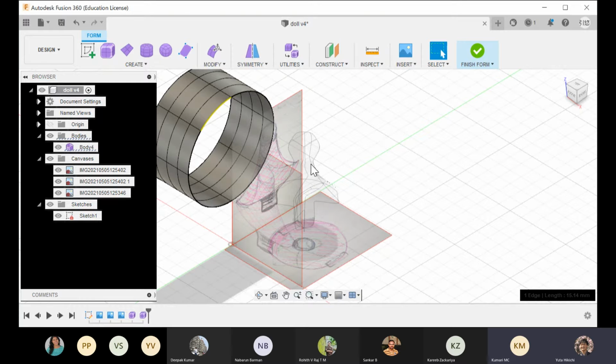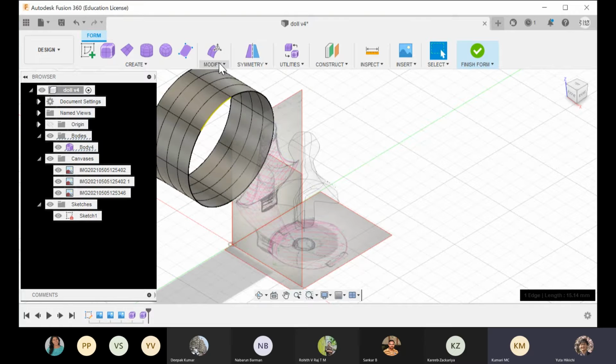After that I connected 3 forms: the sphere, the widened cylinder and the bottom cylinder.